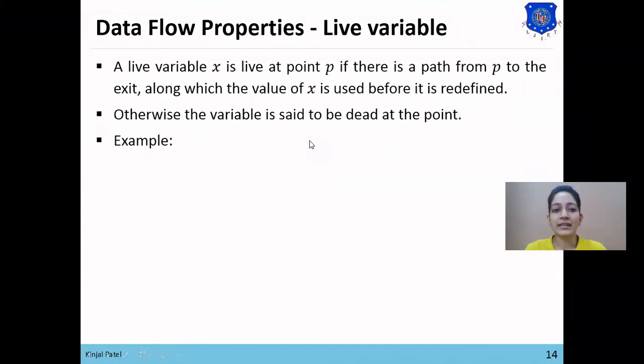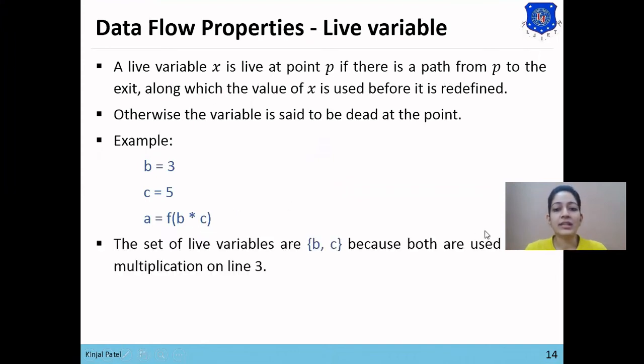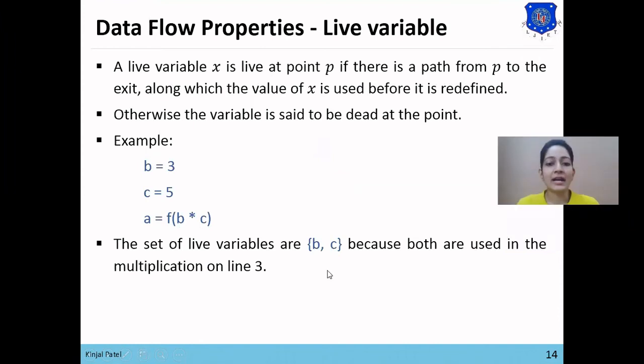So here is the example that b equals to 3 and c equals to 5. Now here we are using b and c in this expression: a equals to function b star c. So the set of live variables are b, c because both are used in the multiplication on line 3.